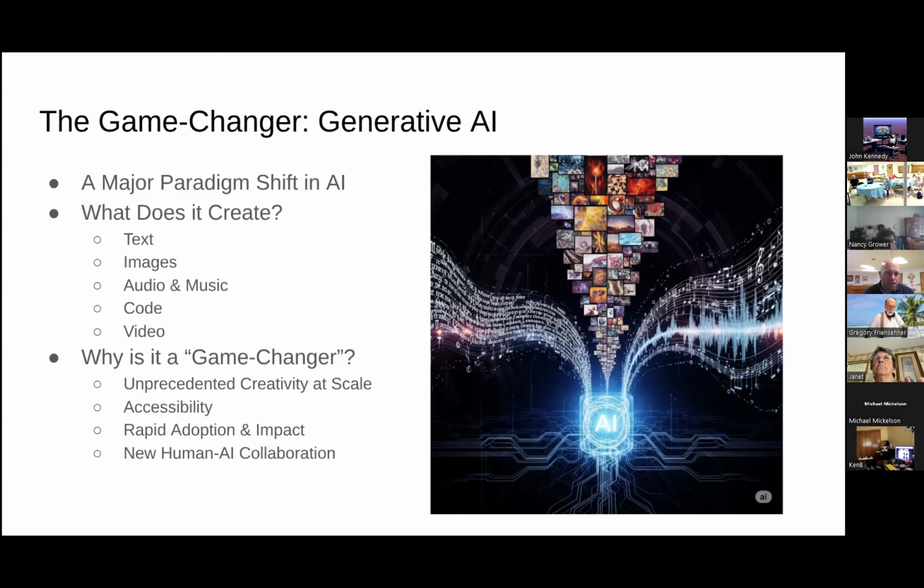I mentioned that it creates code. So it generates functional programming code in various languages. And it also creates videos. So it can synthesize video clips or even entire scenes. I think the latest predictions are that in the next couple years, if you have access to a powerful enough AI, it can create a full-length feature movie based on text prompts. And the more text prompts you give it, the more specific the movie could be.